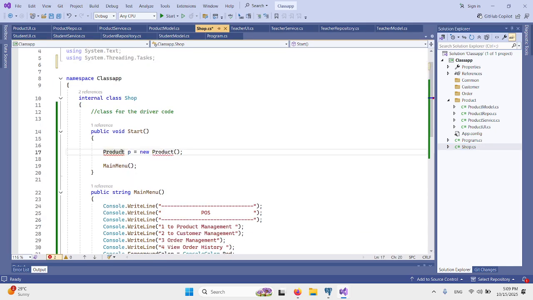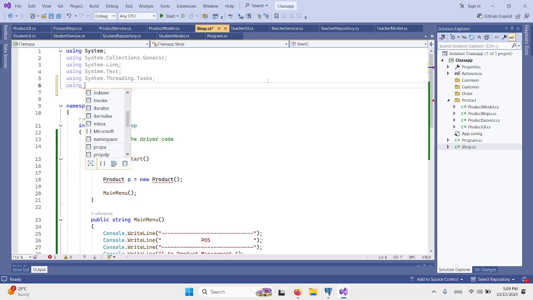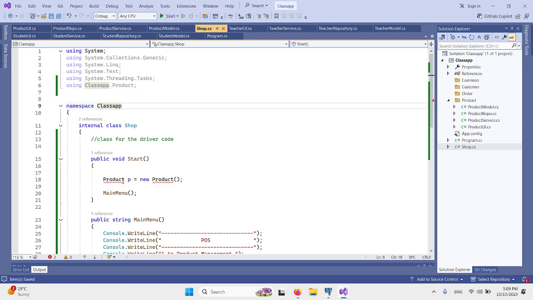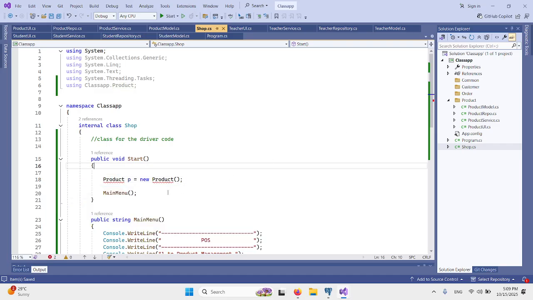The way to do it is, simply go there, click on this, and you will get the hint. So we will use using class app dot product. When you include the namespace, then you can create the product model.